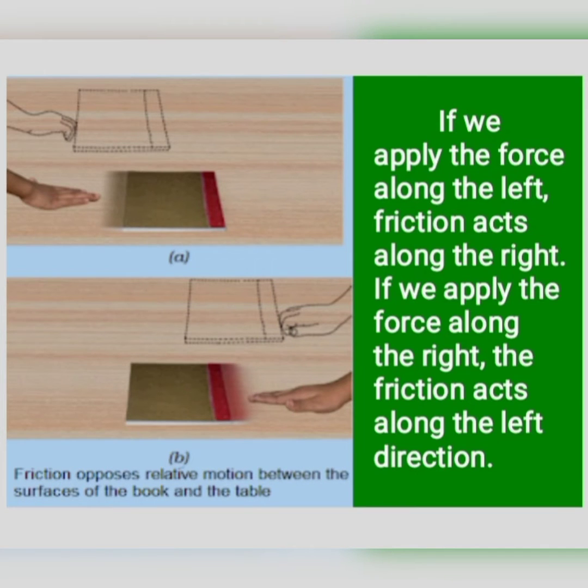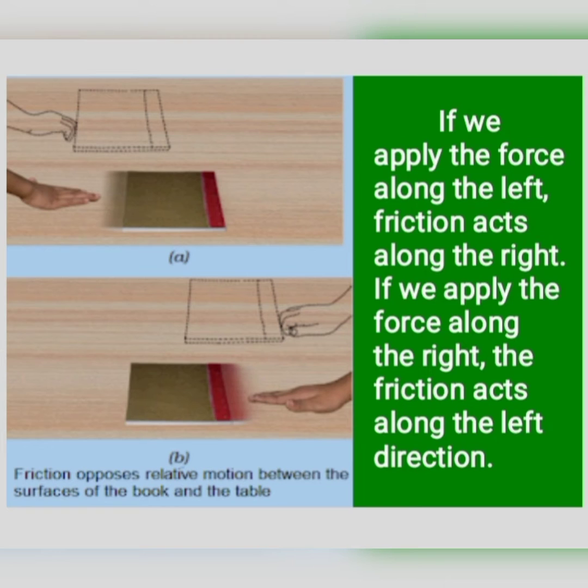Let us discuss an activity for a better understanding of this topic. Gently push a book on a table as shown in figure A. You observe that it stops after moving for some distance. Repeat this activity pushing the book from the opposite direction as shown in figure B. Does the book stop this time too? Can you think of an explanation? Can we say that a force must be acting on the book opposing its motion? Yes, this force is called the force of friction.